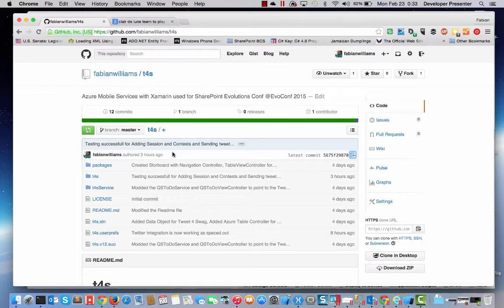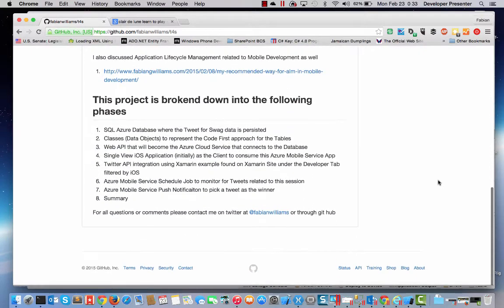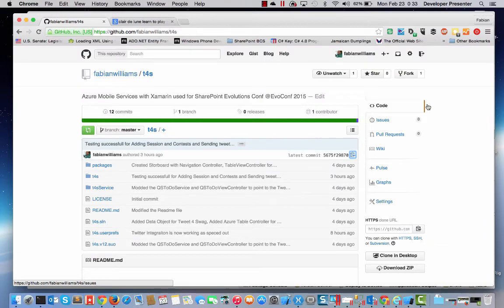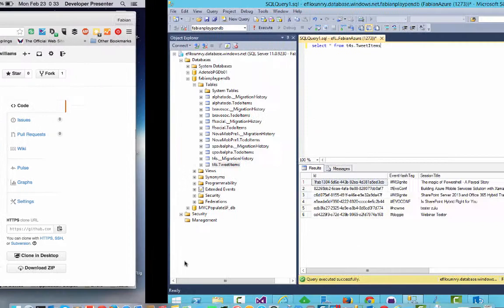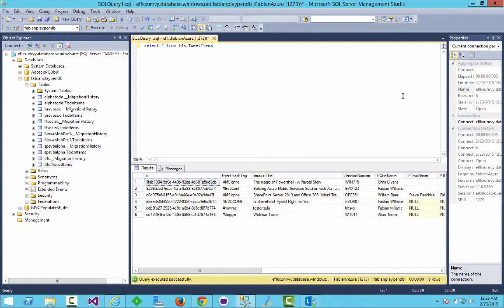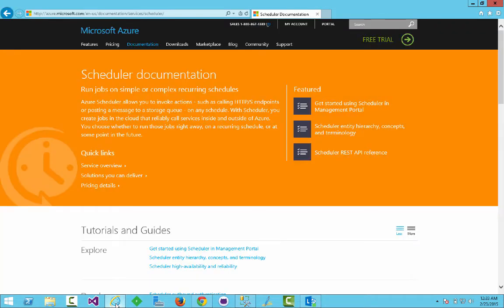So the code is working right now. There's two more pieces that I need to do, but I feel it's a good enough place that you can review it. And I have some good documentation telling you what we're doing. Let's start by looking over here on the Azure Mobile Services side. So we're going to open up Azure Mobile Services,